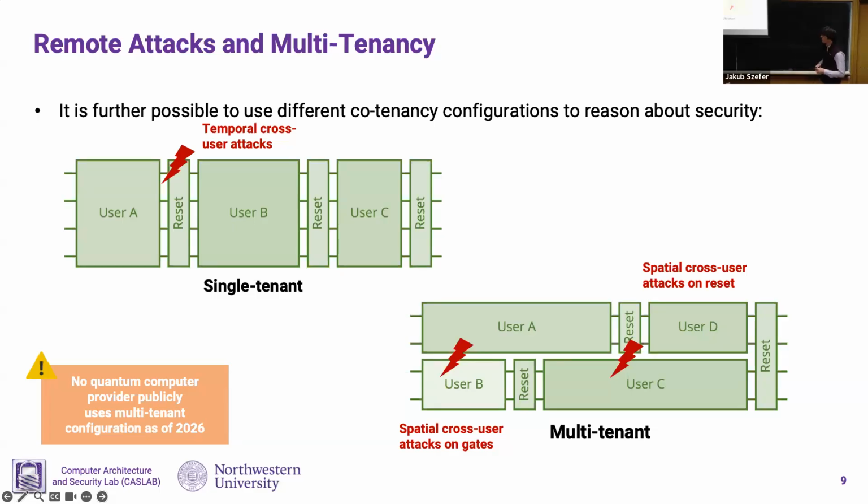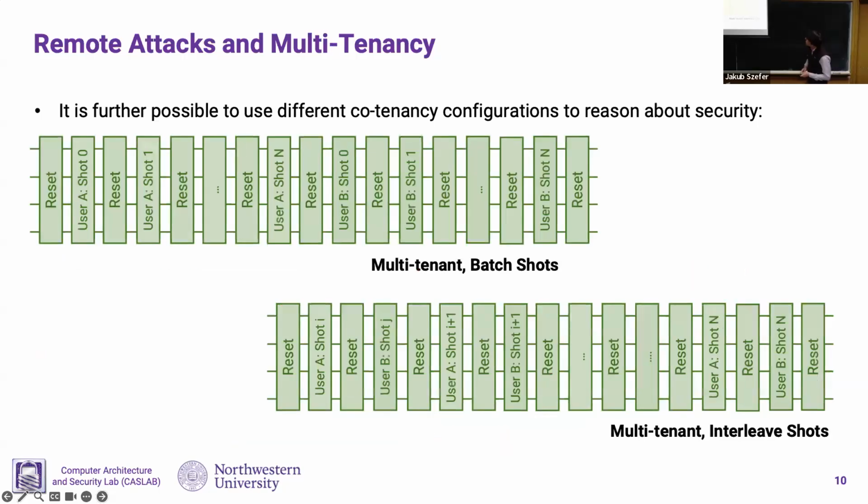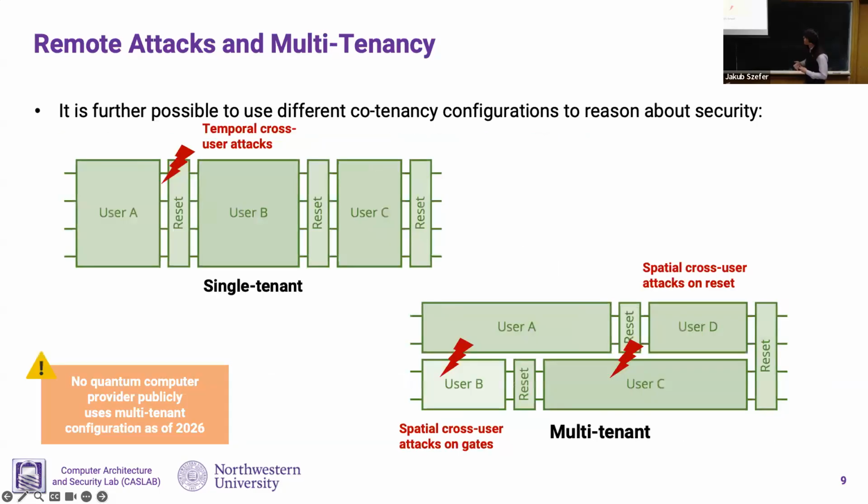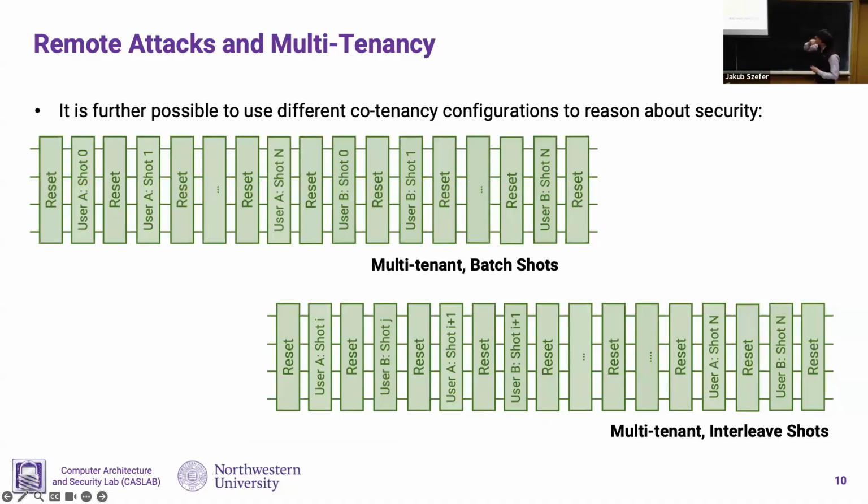So this was kind of getting less of an issue, which might actually mean that we'll finally have multi-tenant quantum computers because there'll be less crosstalk and problems. And sorry, this is a very, very busy slide, but when we have the multi-tenant setup, or even single tenant, when users are alternating,